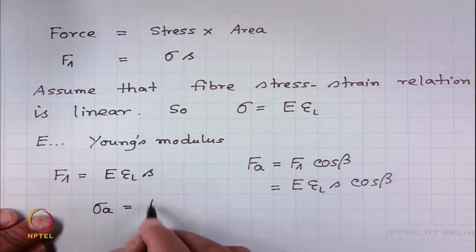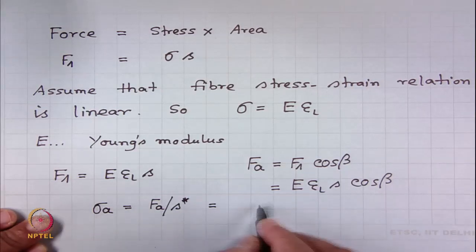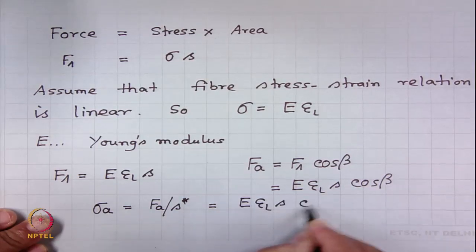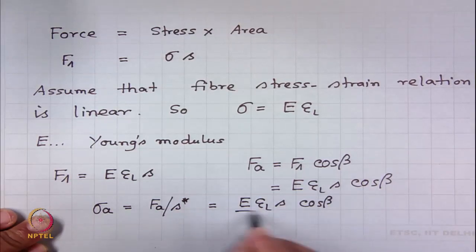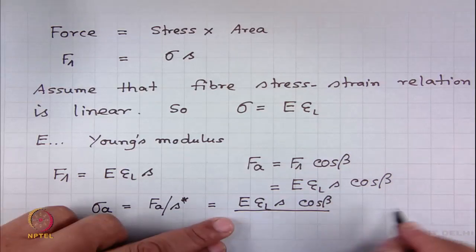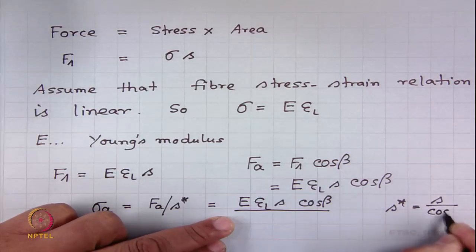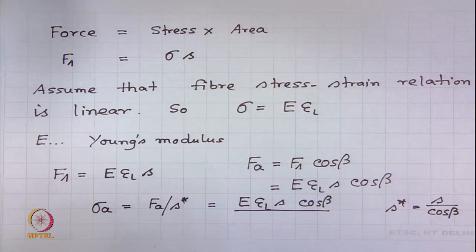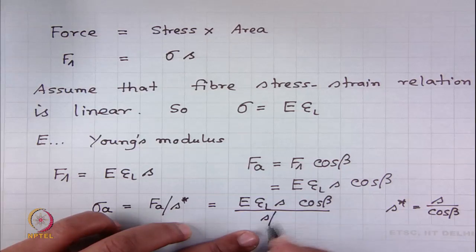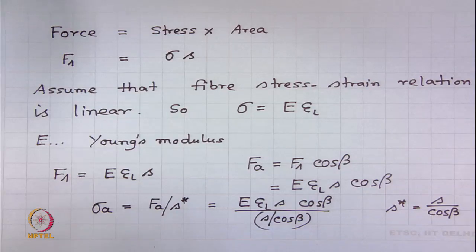Stress is equal to F subscript A by S star. What is F subscript A? E epsilon L S cos beta divided by A star. We know from module 2 that A star is S by cos beta. So, sigma A